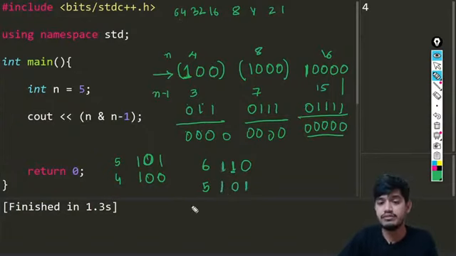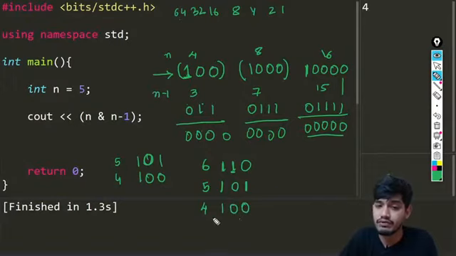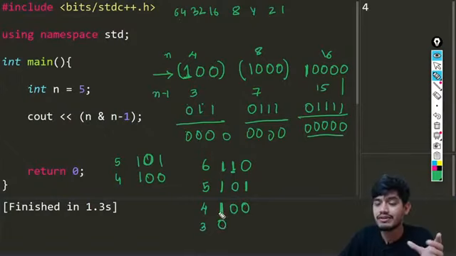Again, if I speak for 4, what is the last set bit? This is the last set bit, so this will become unset, and the value will be something like this. Now let us talk about n minus 1 for this. What is the last set bit? It is this one, which is the first set bit itself, only one set bit. So if I'm speaking of 3, the value will become something like this, 0. Whatever the set bit is will become unset, and all the bits that follow will become set. So this is basically 3.